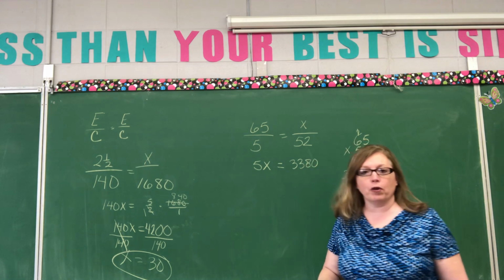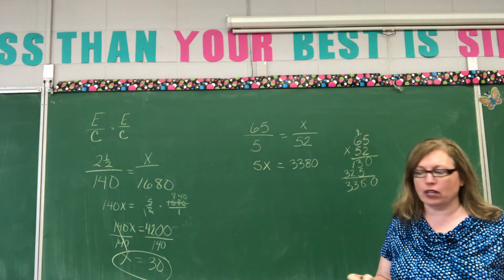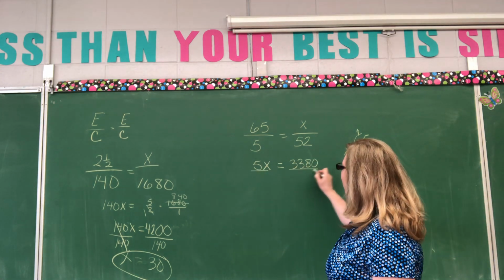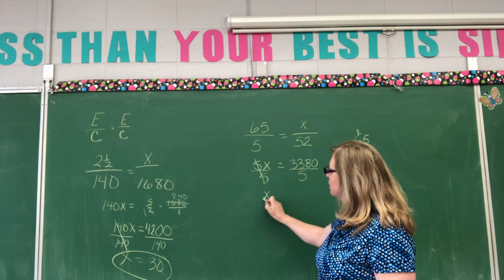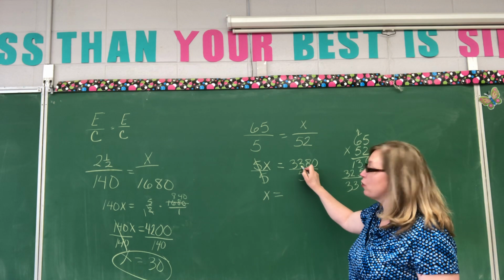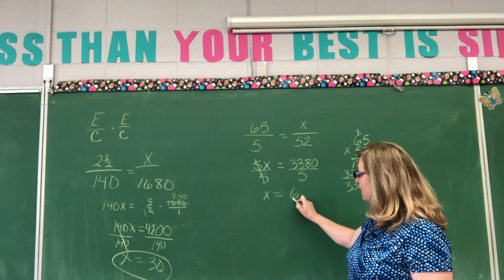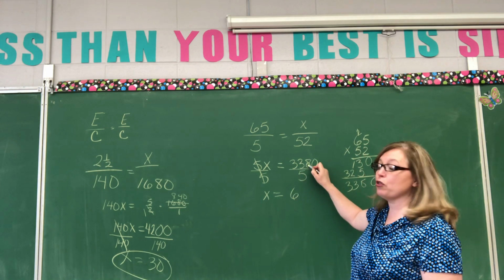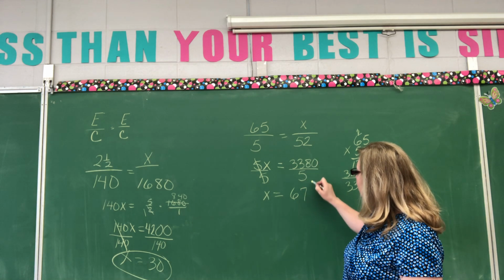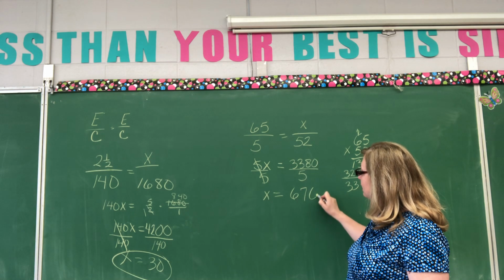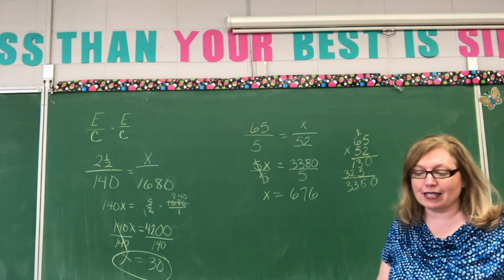3,380. Now, what are we going to do with that? We're going to divide it. Divide this by 5. Okay, so x equals 5 goes into 33 6 times. 5 goes into 38 7 times. And 5 goes into 30 again 6 times. So x equals